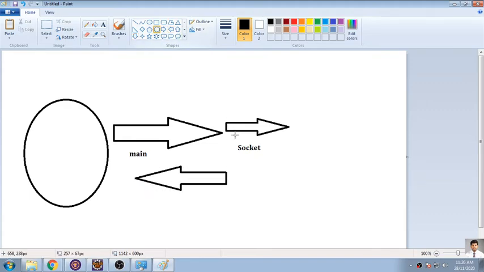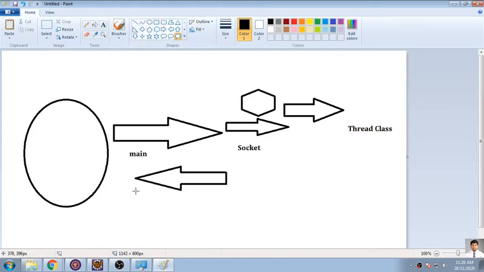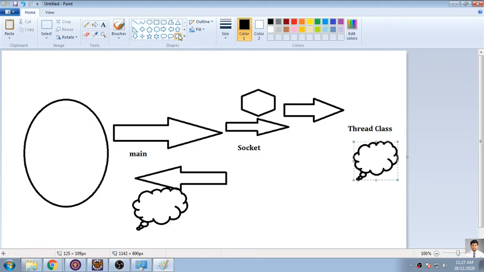But I have written something into this constructor, and what I have written is that I have called another thread, and that is nothing but what we call the thread class. So the thread class will be calling one of the functions. So basically there will be one code running parallelly in main, and there will be one code that will be parallelly executed by your thread. So you will find two different programs executing from one single program. One will be executing from the main and another will be executing from the thread.